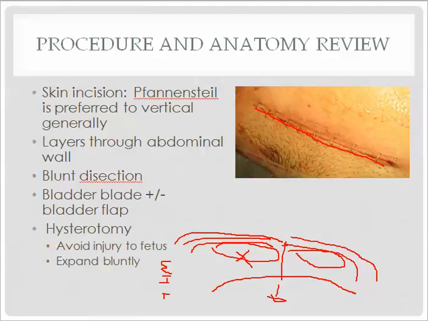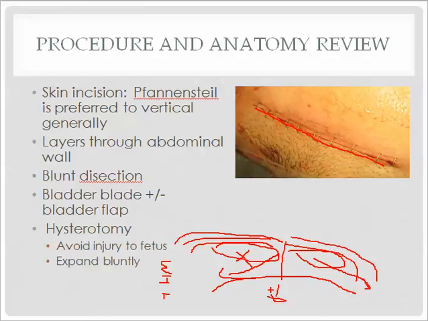And you do all this, besides the initial skin incision, bluntly. You're just pushing everything out of the way like this. You don't want to cut through the rectus muscles. You just want to divide them and get them out of your way. Get into the peritoneum, and then you're ready to move on to the next step, which is dealing with the